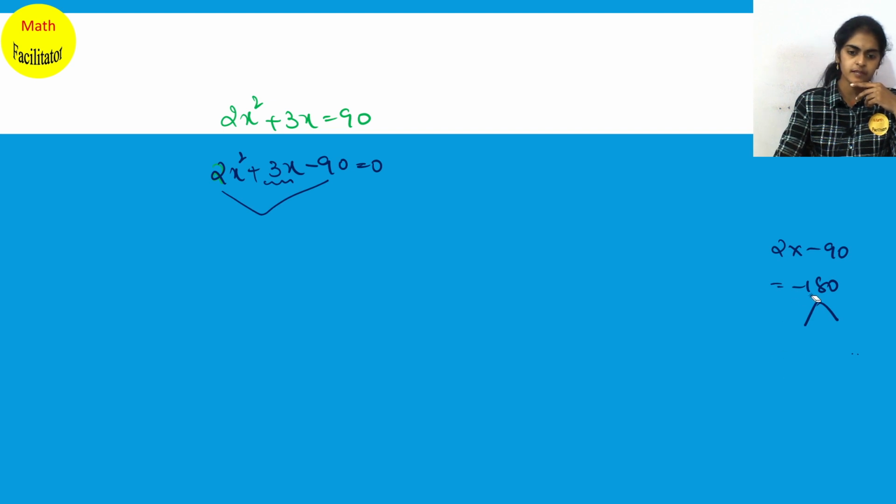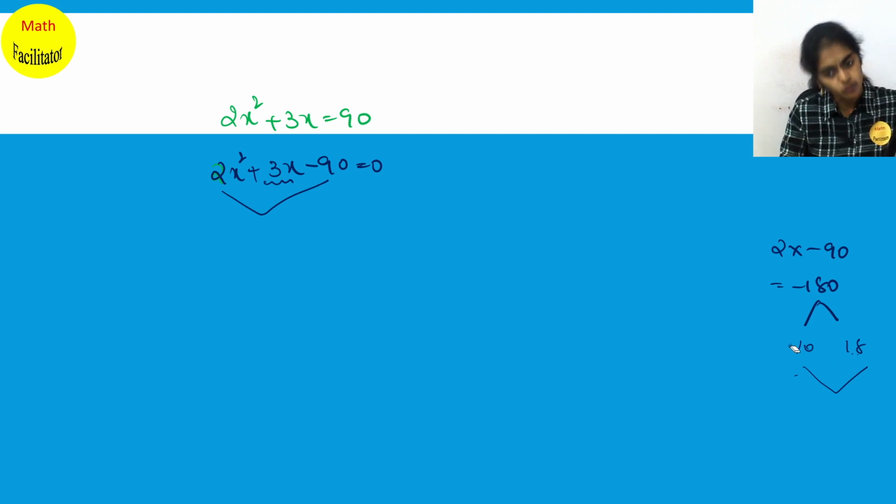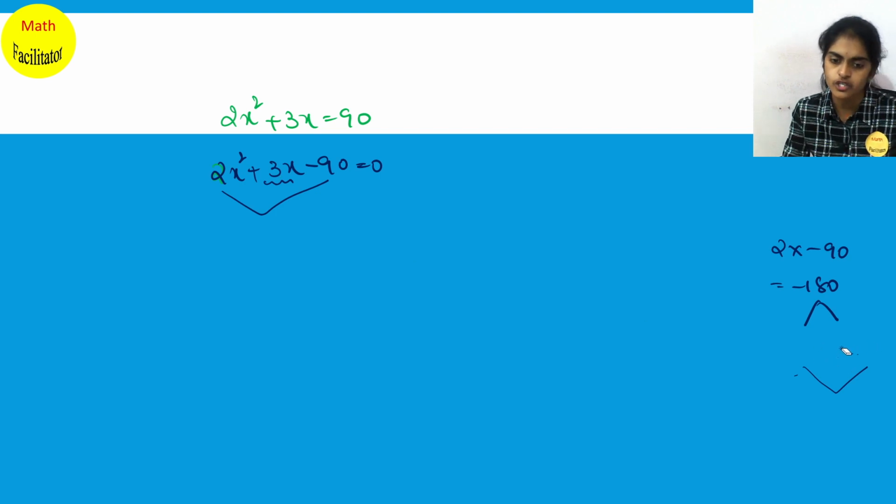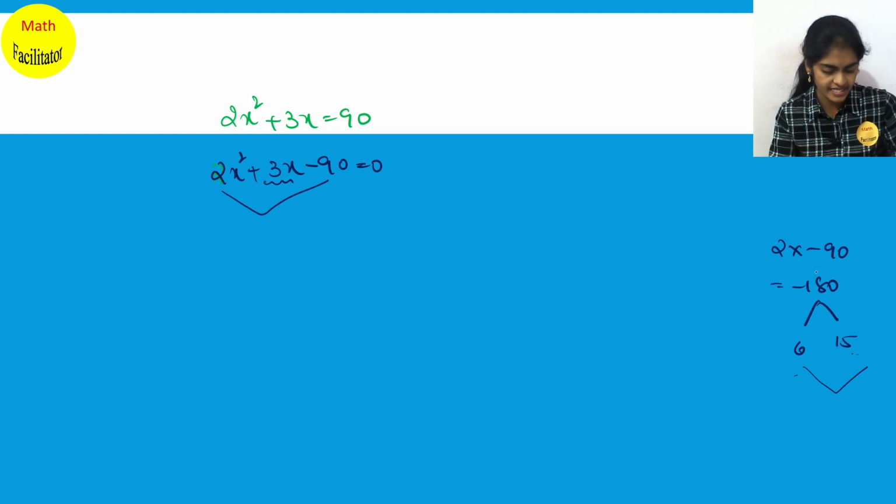So if you take the 10 table also, 10 into 18 you will get 180. But 18 minus 10, if you do, you'll get 8. You want only 3 here. So more bigger numbers you have to take. So think of more bigger numbers. So you can see that 15 into 6 will give you 180. Is it? Yes, 15 into 6 will give you